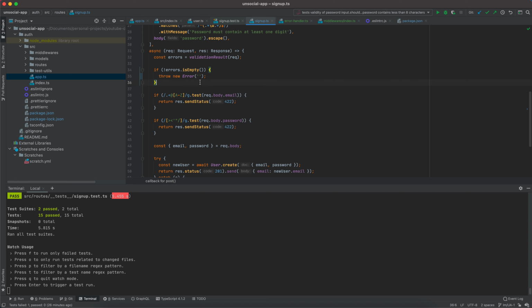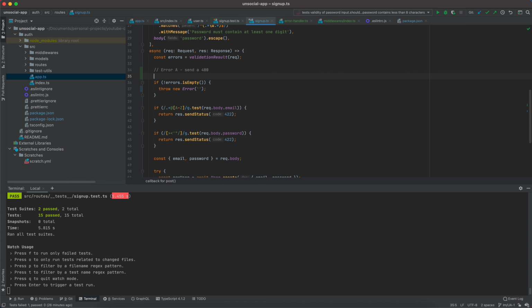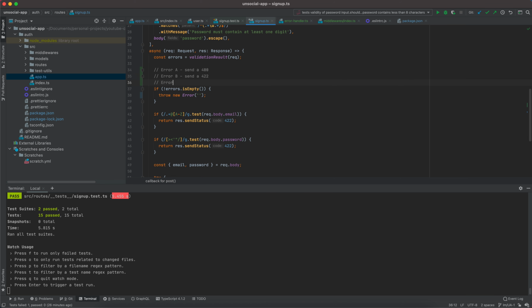But the signup route doesn't need to know about how the error should be handled, right? Because it could be the case that here I would like to throw an error, let's say error A should send a 400, error B should send a 422, and error C should send a 500. If I implement this logic of res.send status within my route, I will need to duplicate this in every route